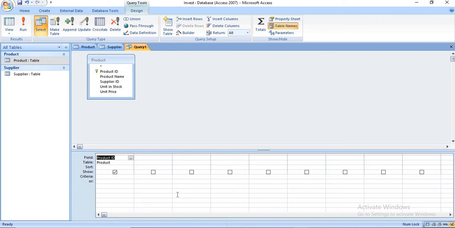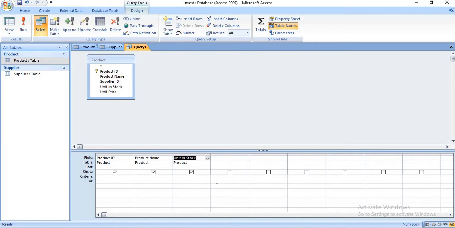With the help of video we learn all things related to query. After product ID, second is product name. Just double click on it, it will add. And third is unit in stock. These 3 fields we have to add in the query.